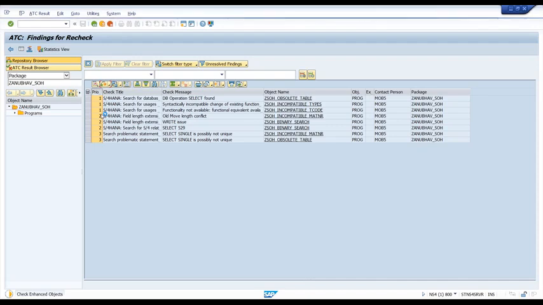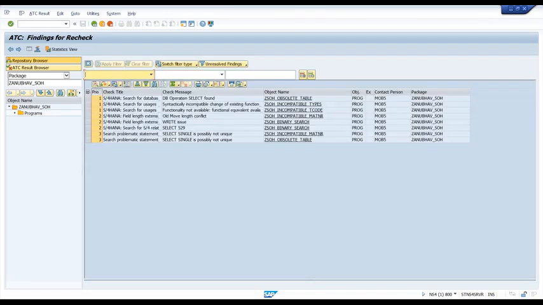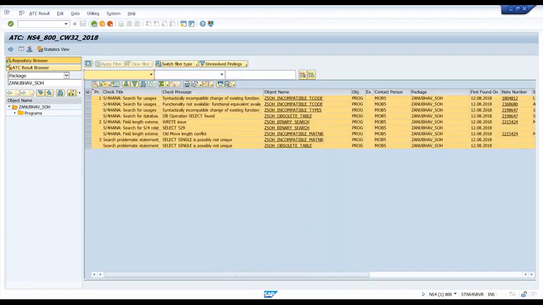Then you can see another option: suit on HANA, obsolete table, incompatible types, incompatible T code. There's another functionality not available. Let's see this one. Let's see what the note number is. I don't see the note number now because I think it's doing a check. Maybe I have to go back. Where did the note number go? Here was the note number: functionality not available, incompatible T code, and there's a note number